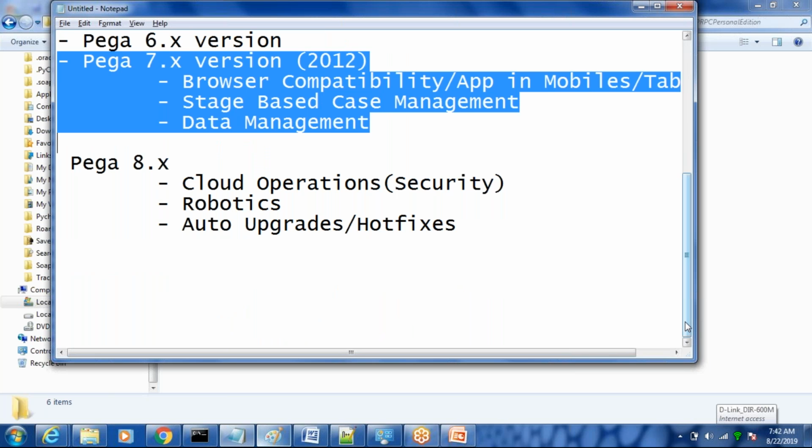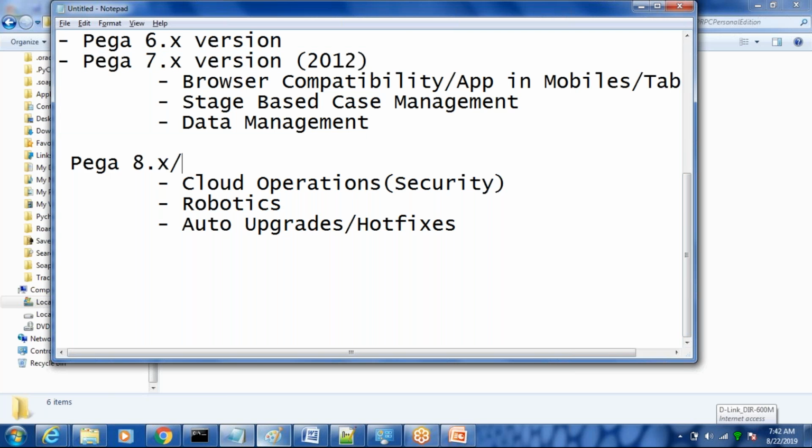Other versions were introduced in 8.x also: 8.1, 8.2, 8.3. The 8.3 is the one most recently introduced. 8.2 is the stable version that the Pega team recommends to clients. In case they try to upgrade, the backend server can be Tomcat or WebLogic; generally it supports both, and WebSphere as well.